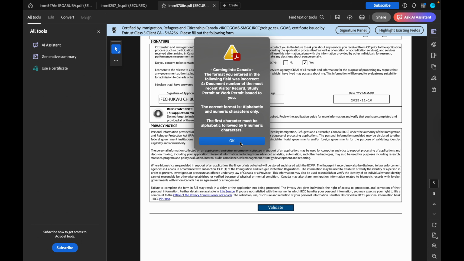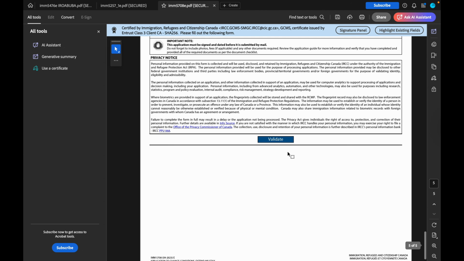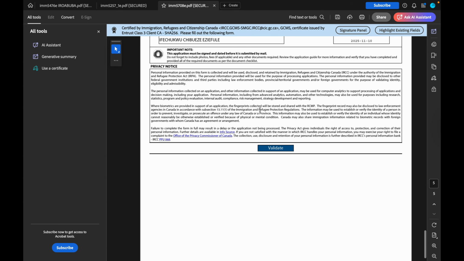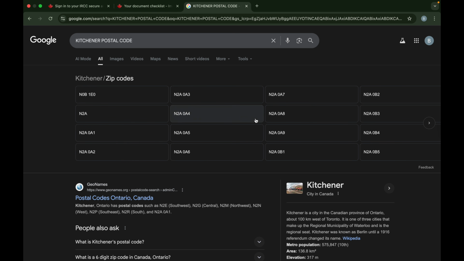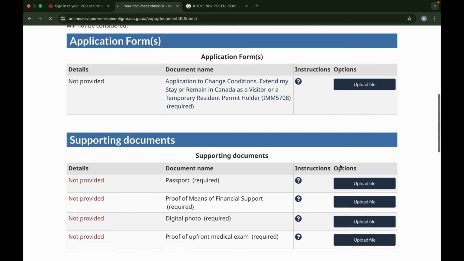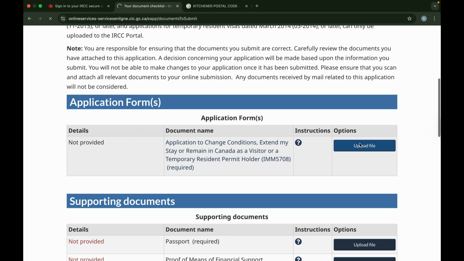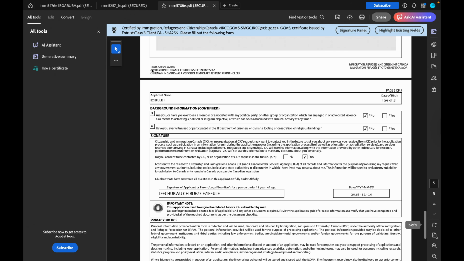So there's an information that is wrong, which is my document number. So once you click on validate, it validates it, and that's automatic signature. Then you can now come back and upload your document on the IRCC portal. You just come here and upload it back. This is the IMM 5708. So let us go now to the next form, which is the form